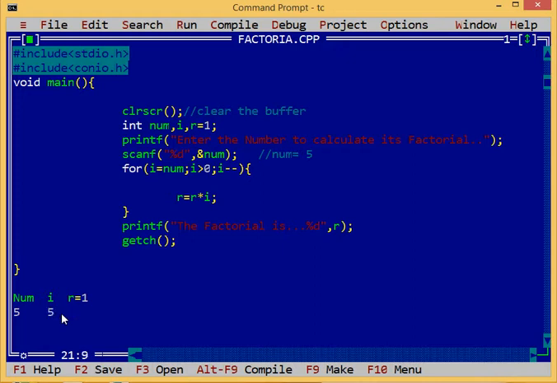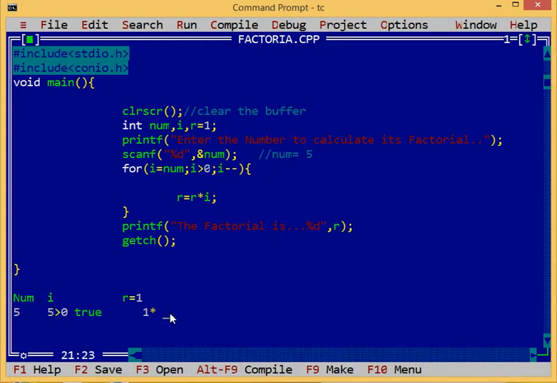Now we check the condition, I is greater than 0. Yes, if the condition is true, it will move to the body of the loop. The body of the loop is r is equal to r into I. The value of r is 1, multiplied by the value of I, which is 5.